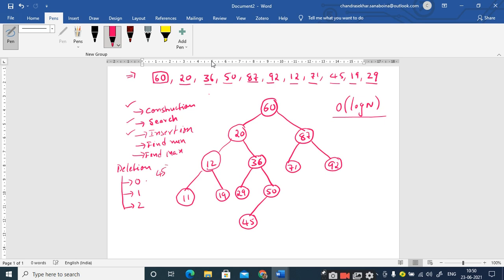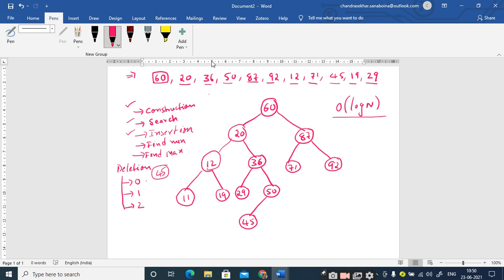I want to delete 45. The first task you have to perform is to search where this 45 is present, whether 45 is present or not, and if present you have to find the location, right? Is it clear? Yes, sir. Any deletion operation on the binary search tree involves the searching operation.